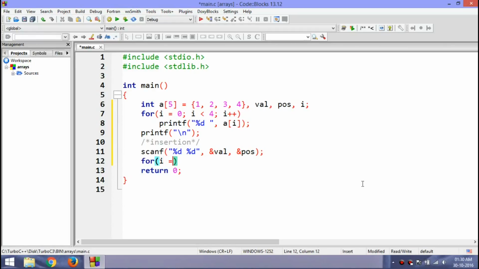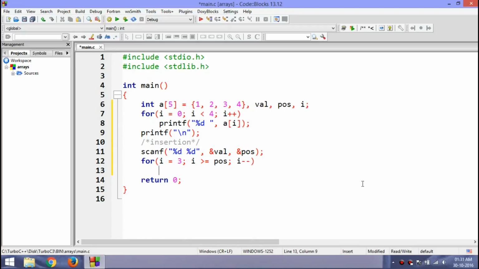As you can remember, we will run a loop from i equals n, which is 3 over here, to i greater than or equal to pos, decrementing the counter at each loop.